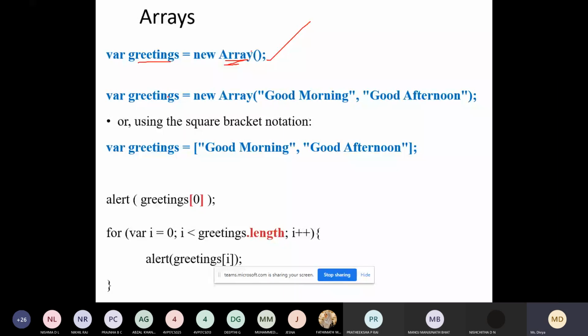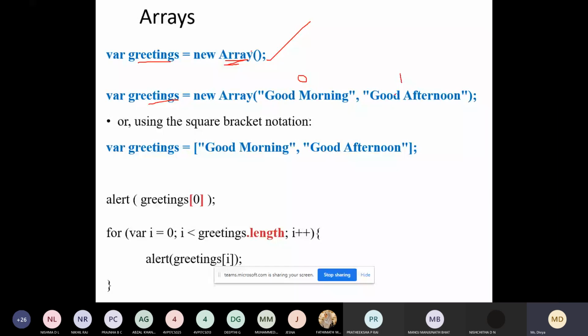This is one more way of creating the array, and initializing the array with values. Here we are initializing the array with the values. This one has index 0 and this one has index 1. So the greetings array can take two values, either good morning or good afternoon.